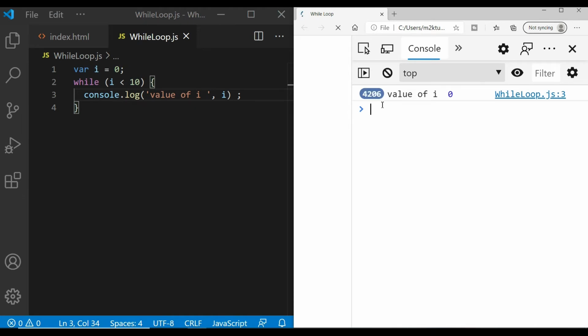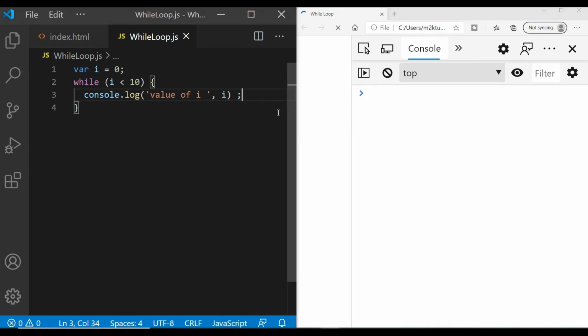Here you can see it's just getting buzzed up, meaning this while loop is going multiple times, and we don't want that, right? So what is happening here, guys? What mistake did I make? I'm checking whether i is less than 10, but this condition is always true, because i's value is 0 and I am not incrementing it so that this condition gets false.